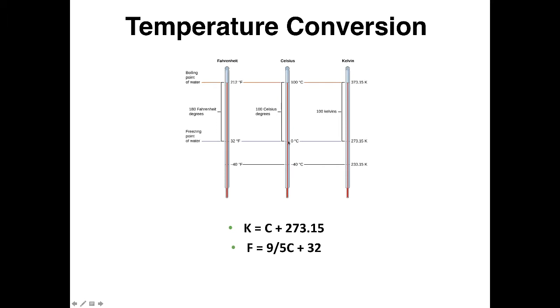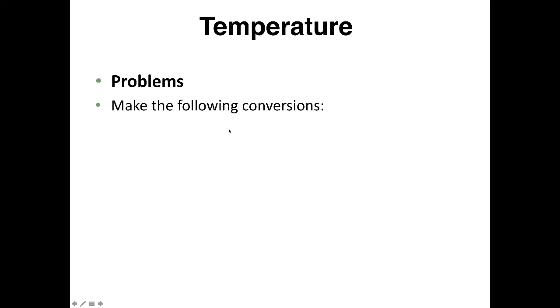To go the other way, you just go the other direction, but you first convert 32 scale to 0 scale by subtracting 32. Then you multiply by 100 divided by 180, or 5 over 9. So let's look at a few examples and make some conversions